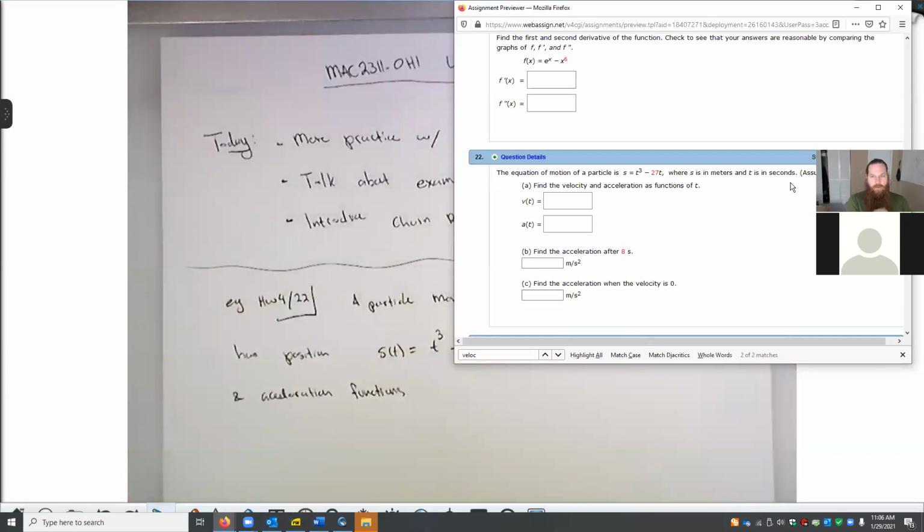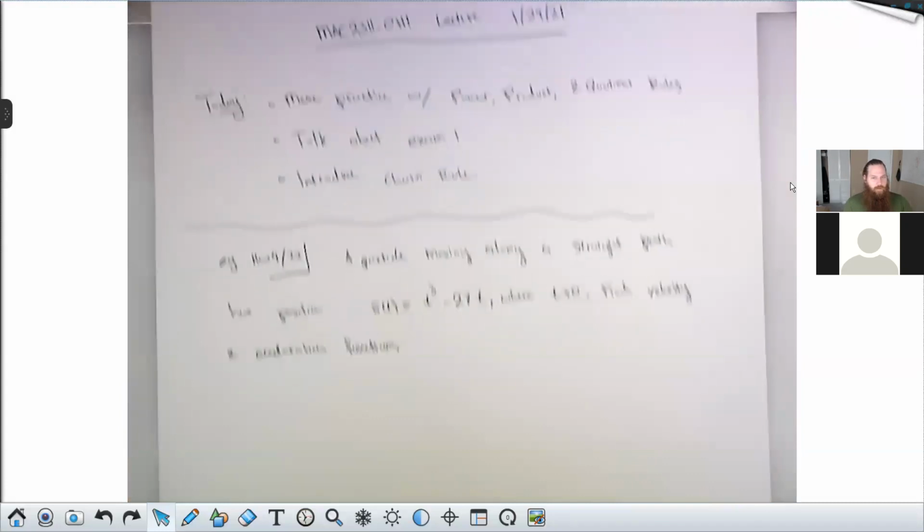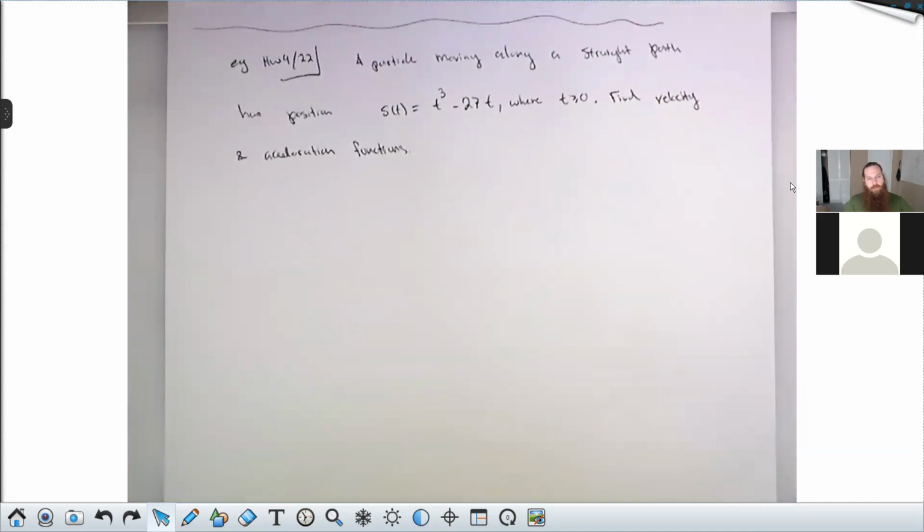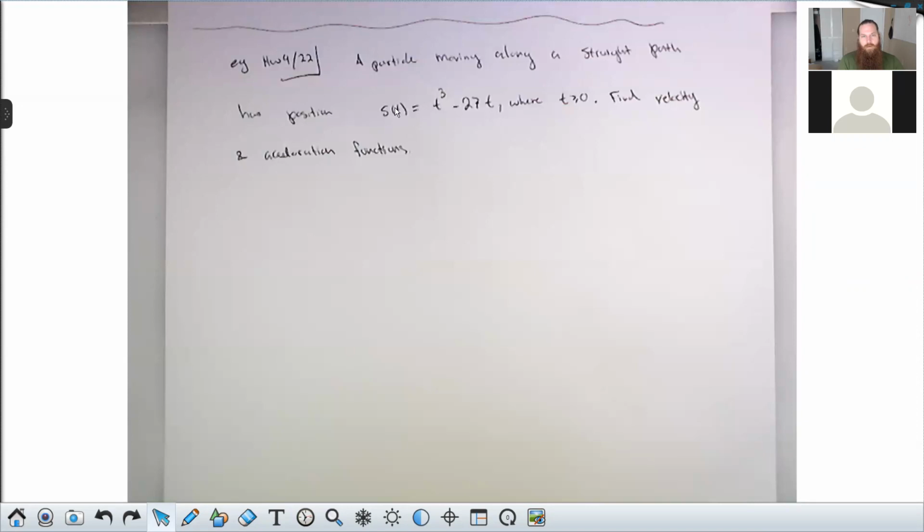So we can talk a little bit about what velocity and acceleration are, and try to understand them intuitively. I think this is worth doing. Velocity is the rate of change of your position, right? It's how fast your position is changing over time. So if this is your position, then your velocity is the derivative of that, taken with respect to time. It's the instantaneous rate of change. So how fast are you going at any given moment? Or what does your speedometer read in the car, right? That's a good way to think of velocity.